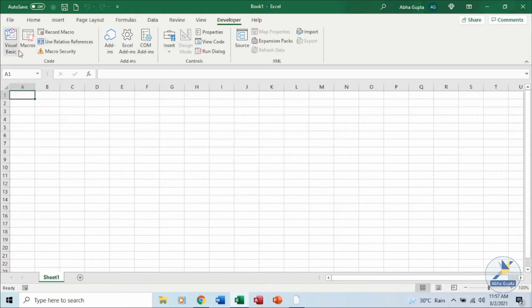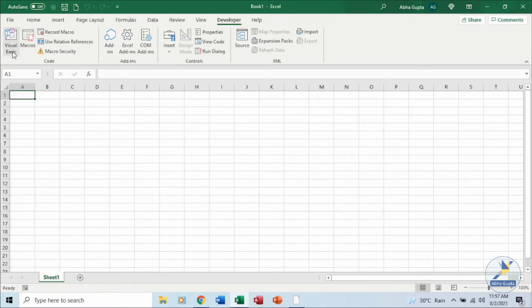In our Developer tab, you can see the Macros and the Visual Basic options, and we have already seen how we can record a macro, plus all these other options are available. Now when we talk about macro coding in Excel, it is done using Visual Basic for Applications, or VBA.